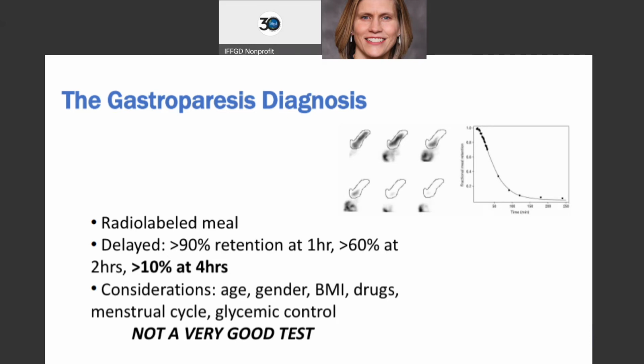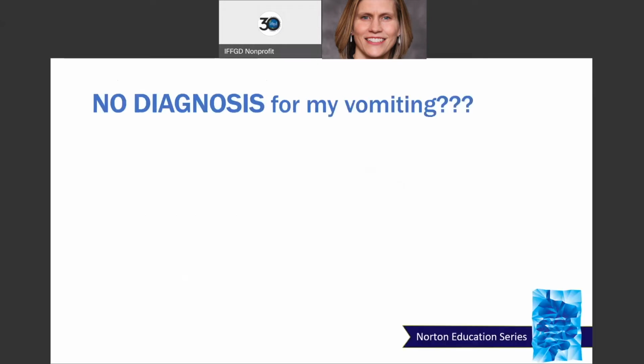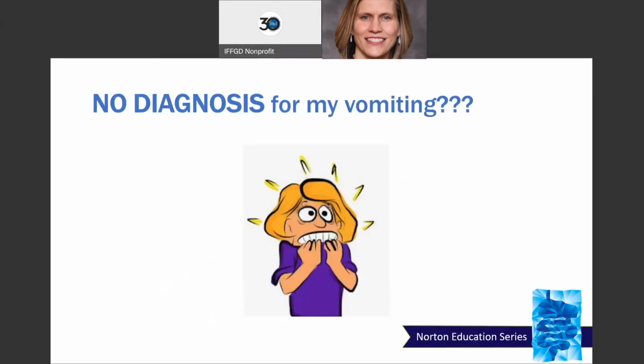When the test is normal, we tell the patients that you don't have it, but can we trust that? When the test is abnormal, we tell the patient you probably have it, but can we trust it? Can we see how this complicates the picture? Yes, it does. An inadequate test that doesn't capture the spectrum of disease may not be very sensitive to capture everything, so patients are left with no diagnosis from a vomiting or a diagnosis that we're not sure about.